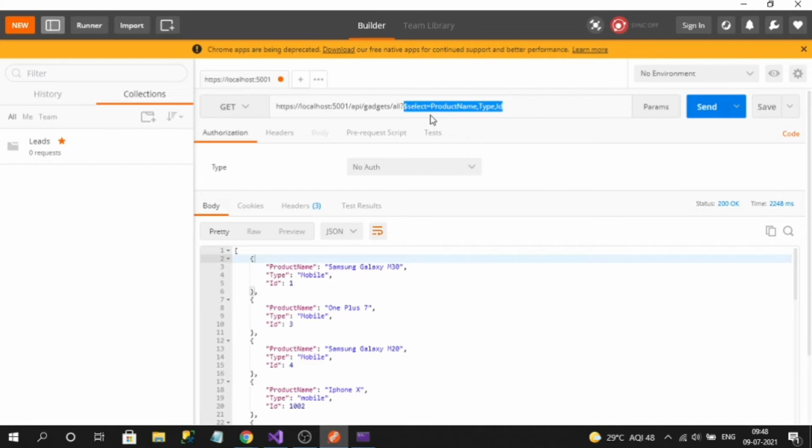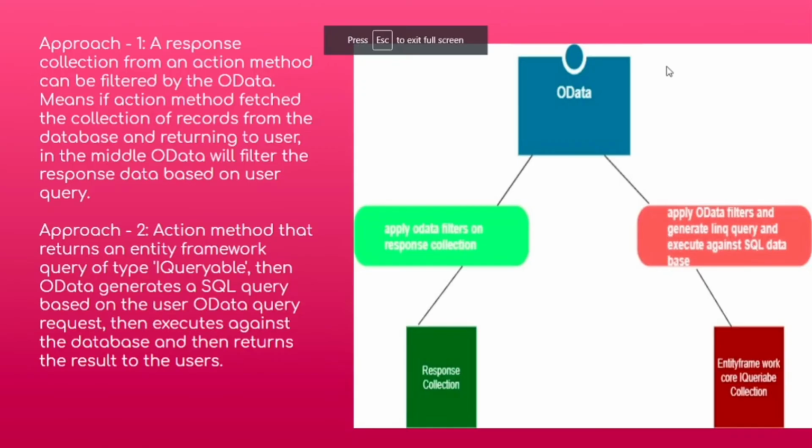I have mentioned that we can work with OData with two different approaches: either we can filter on the collection or on the IQueryable. If the action is returning a collection, it will query on the collection. If it is returning IQueryable, it will generate the SQL query using EF Core. In the collection, we get all the columns from the table, the results will be in our hands, and then OData will apply the query.